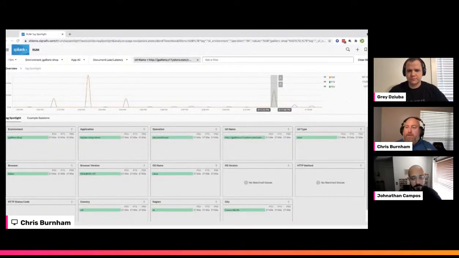I see here that my 50th percentile is 1.6 seconds. In my organization, I'm going to say that's acceptable. That's normal. My 75th percentile is at 11.25. So that's a bit higher, but that P99 at 50 seconds, yeah, that's really high.